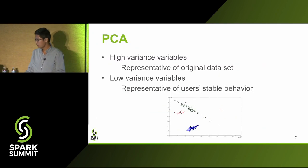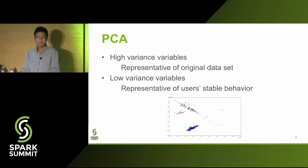Regarding feature selection, it's quite challenging in anomaly detection, right? Because in anomaly detection, we have no labels. So how do we know which feature subset is useful? We thought about using PCA. We leverage PCA, the principal component analysis, to